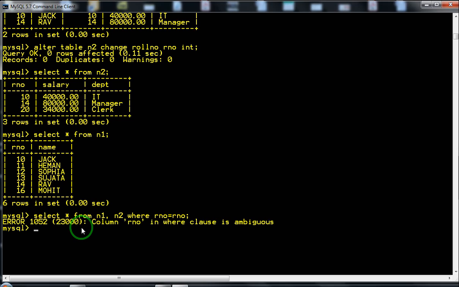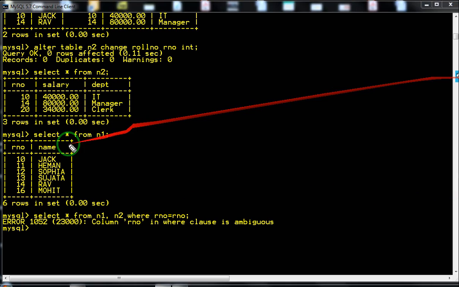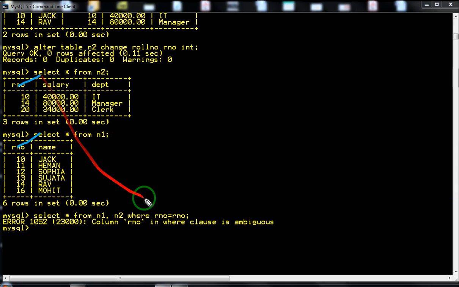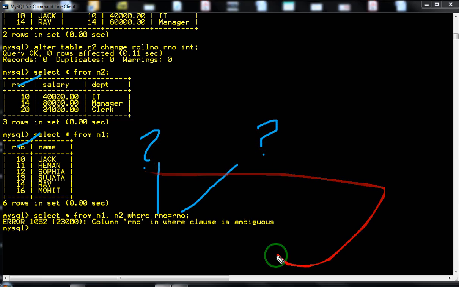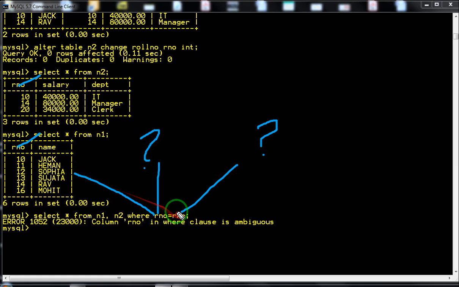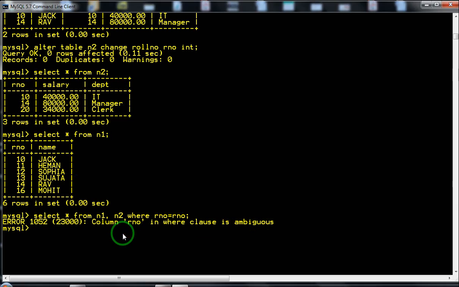That means R number is present in both the tables. Now which table's R number is this and which table's R number is this? The computer is now confused. So you have to make it clear that this R number is from this table and this R number is from this table. To specify that, I have to use the name of the table.